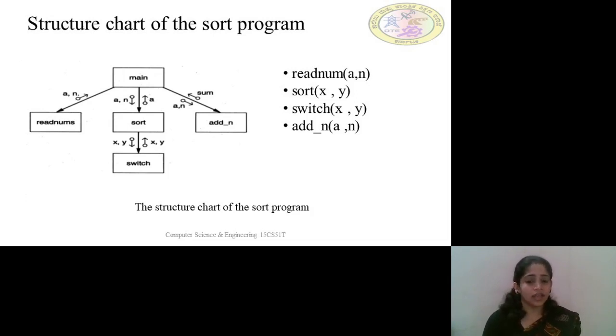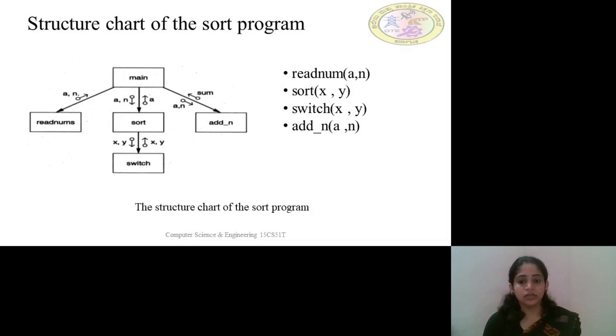You can consider any of the sort procedures like insertion sort, binary sort, bubble sort. Any of the sort programs can be considered. What this structure chart says is what the different modules are that we define in the structure. As we all know, structure charts give the different functions or modules of the program. Here we'll see what functions a sort program mainly consists of. In the diagram, we have one super module called the main function. The main function has a sub function called read nums.